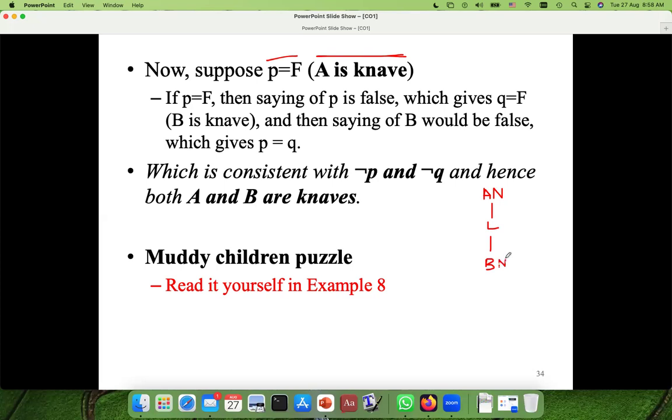So I am now at this conclusion: B is a knave. But I have to check the statement of B. Half of the portion is done, but half is remaining. Up to this point, we have concluded that B is a knave. So if B is a knave, it is lying. Its statements are always lies. What is the property of a knave? A knave always